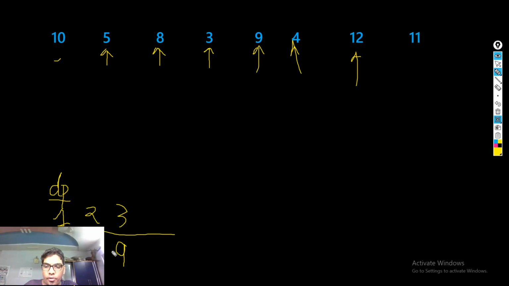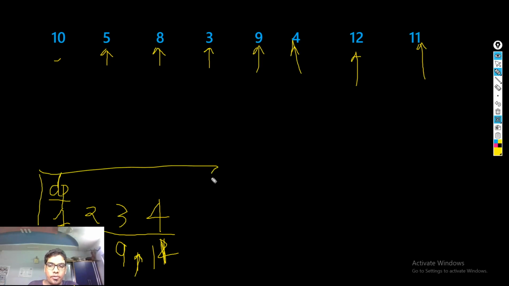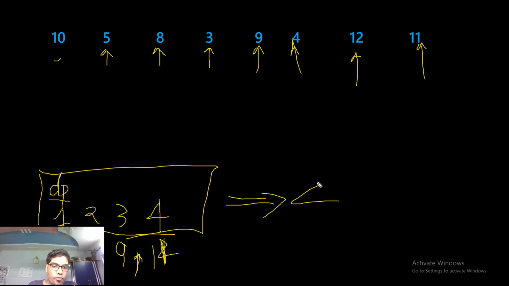Now in this 3, 4, 9, I'm very sorry if this is cluttered. This is 3, 4 and 9. In 3, 4 and 9, the 12 will actually go here. So you push the element at the end of it, 12, right? Where would this 11 go? The 11 also goes here. So we replace the 12 by 11. So at the end of it, we got these 4 elements, and we just return the size of the DP, which is 4, and we know that the length of the longest subsequence is actually 4, right?